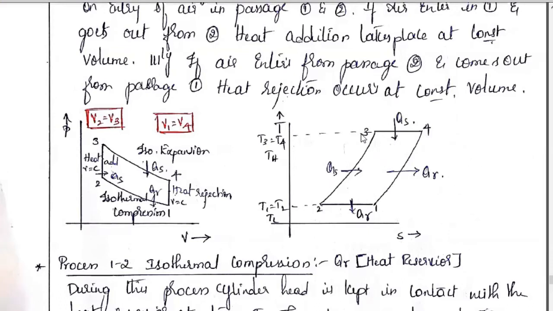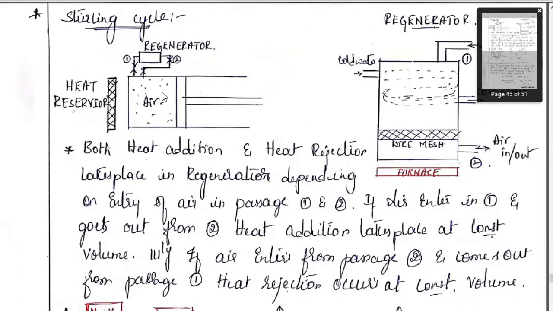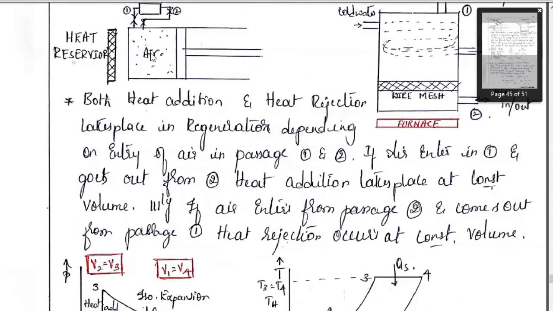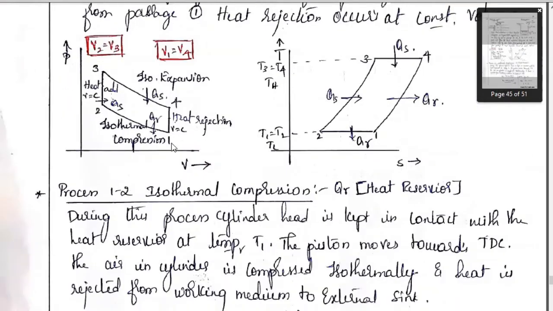in two ways. 2 to 3 is a heat addition at constant volume. Even in isothermal expansion, there is a heat addition. In this expansion also, heat addition occurs. So heat addition occurs at 2 to 3 and 3 to 4. And 4 to 1 and 1 to 2 are heat rejection. During compression, what happens? There is a heat rejection. This piston takes out the heat and makes it cold. So that's why heat rejection occurs in two conditions, 1 to 2 and 4 to 1.